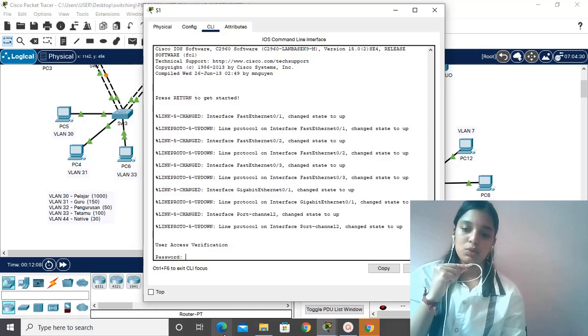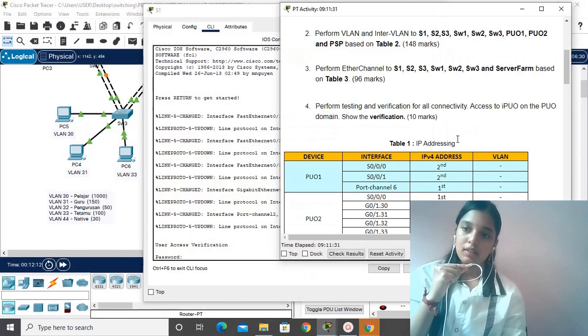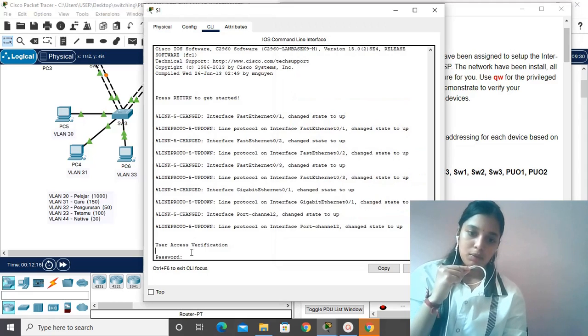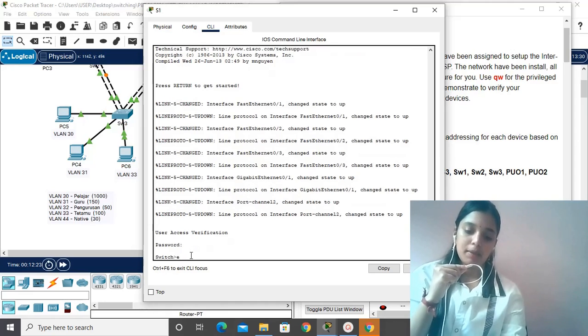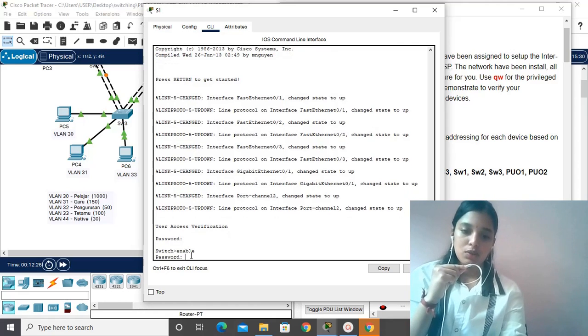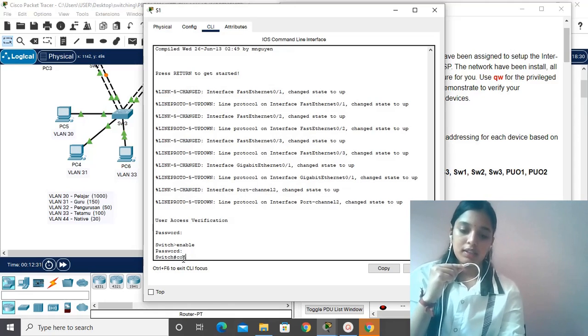The password is what I told you before, QW. We should use QW for the privilege and user password. So the password is QW, just small letters. Enable, and the password is QW again. Then you need to write config t